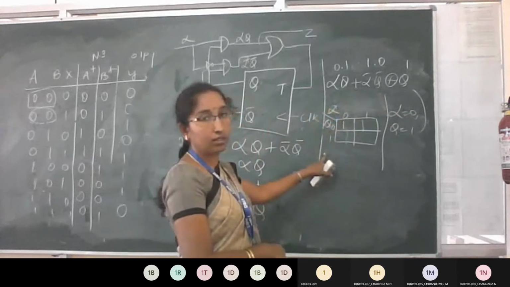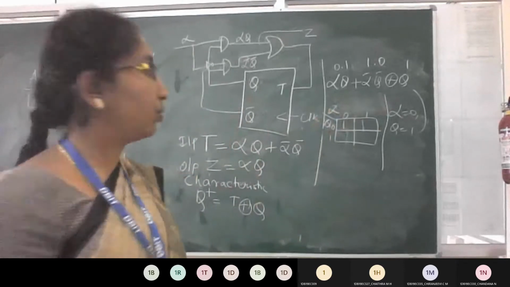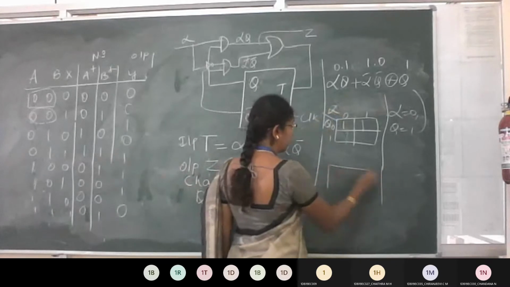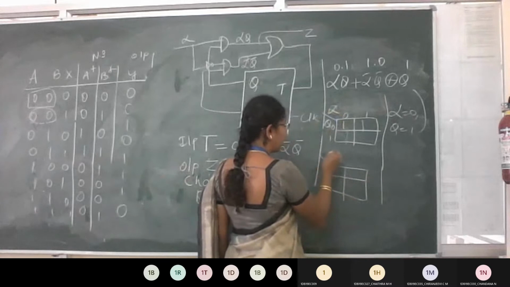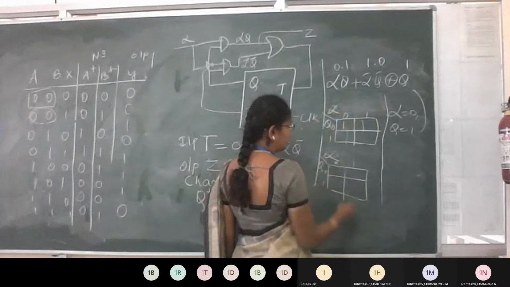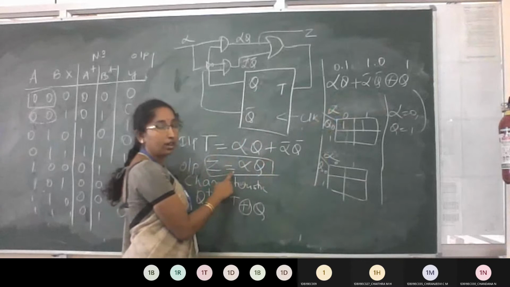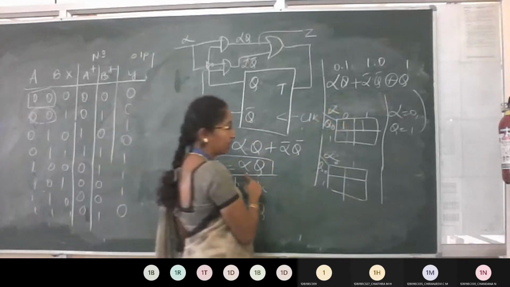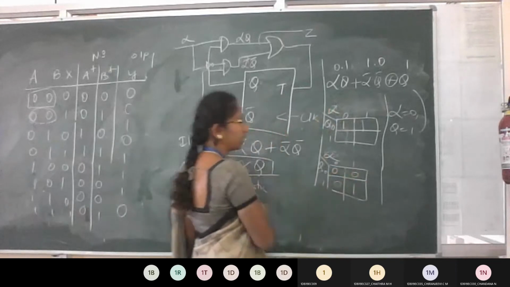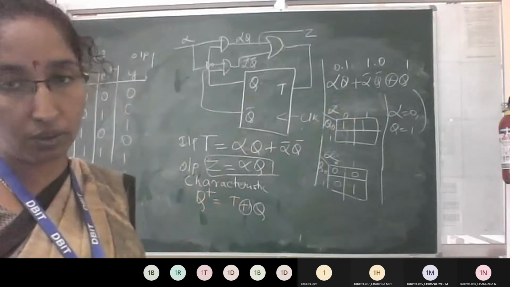Once you complete this, you can write the state table. Similarly, you have to do it for Z also. So this is for Q plus and this is for Z. Z again depends on alpha and Q. The Z expression, alpha Q, is just like an AND gate, a product. Only when both alpha and Q are 1 is it 1, and in the remaining cases it is 0. That is your AND gate truth table.